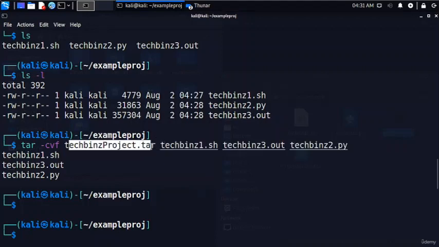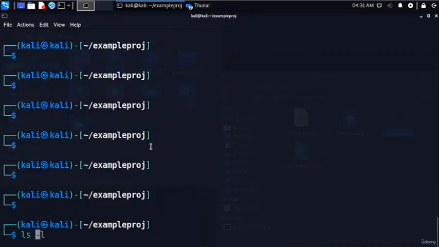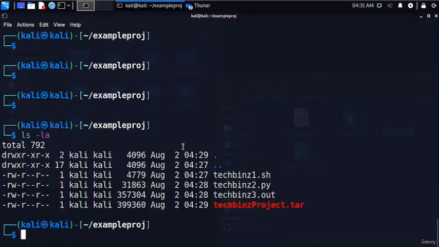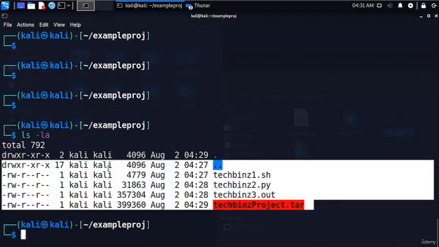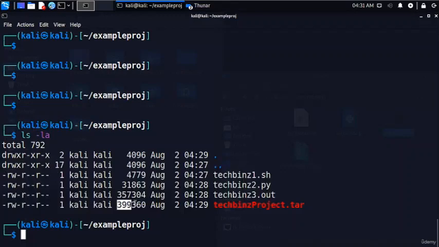So when you do another long listing of the directory, you will see that it also contains a new tar file, as you can see here. Note the size of the tarball is 399,360. When the 3 files are archived, tar uses significant overhead to perform this operation, whereas the sum